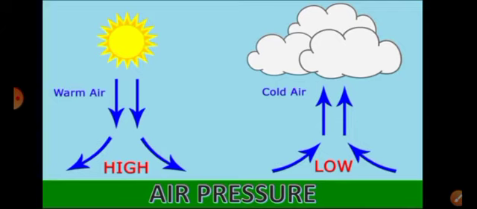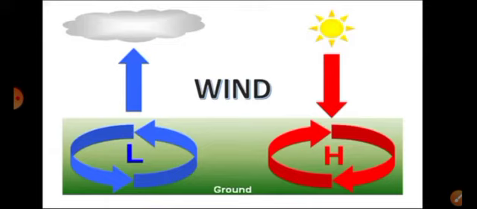Horizontally, the distribution of air pressure is influenced by the temperature of air at a given place. In areas where temperature is high, the air gets heated and rises. This creates a low pressure area. Low pressure is associated with cloudy skies and wet weather. In areas having lower temperature, the air is cold and therefore heavy. Heavy air sinks and creates a high pressure area. High pressure is associated with clear and sunny skies. The air always moves from high pressure area to low pressure area.